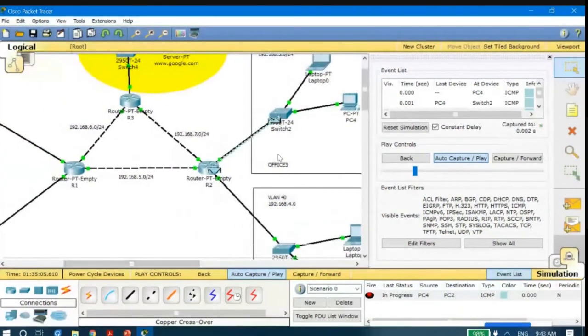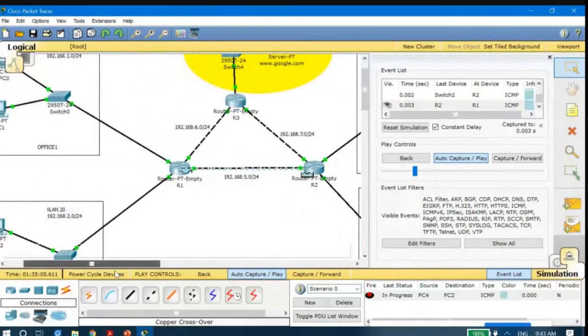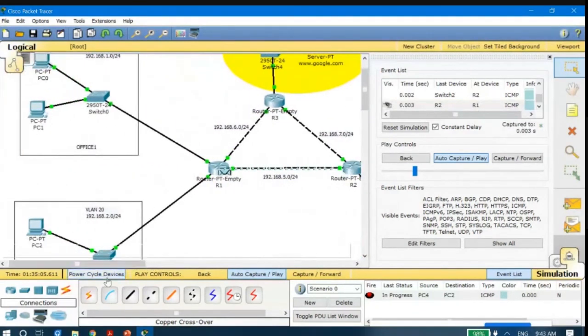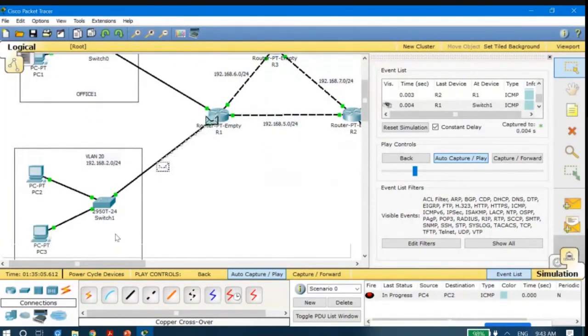Now you could see one by one it is reaching the different places, the switch, and then it has reached router R2. From router R2 it has reached router R1, and then from router R1 it will reach another switch, and from that switch it will reach the PC. PDU is reaching PC2, to which we had sent it.